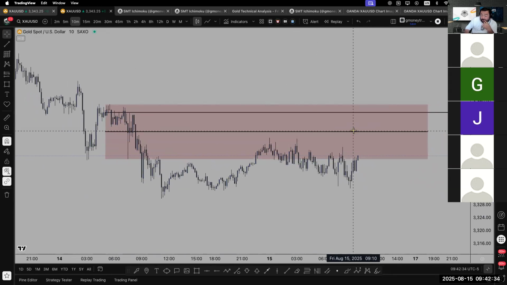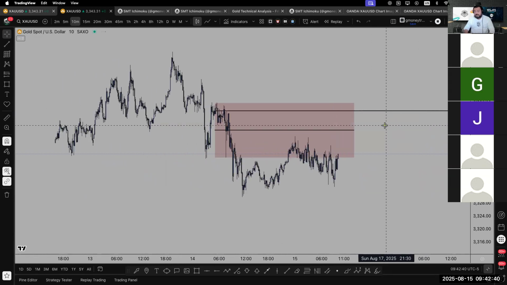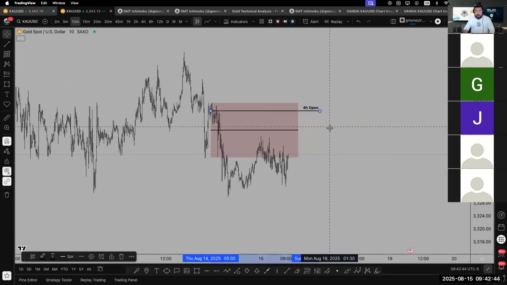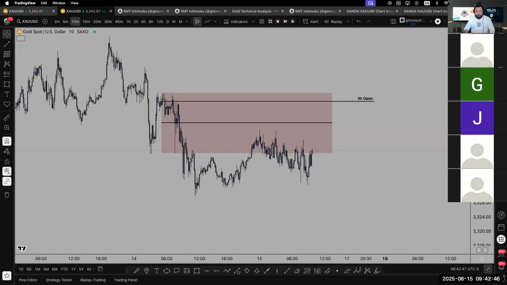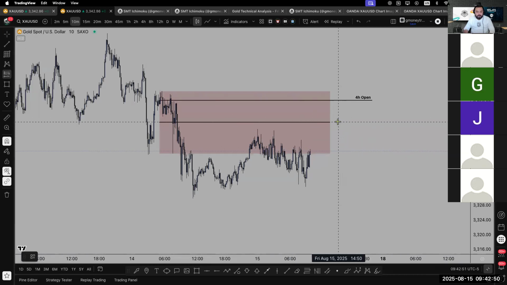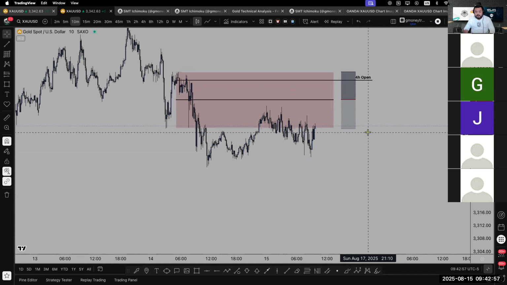So yeah, those are my zones of interest, guys. 33.50, 33.52, and the previous 4 hour open. Those are at minimum. That's how I would play it. And then take profit,